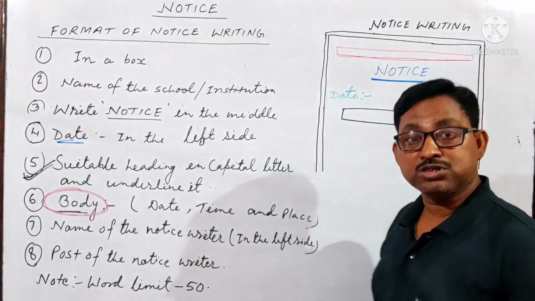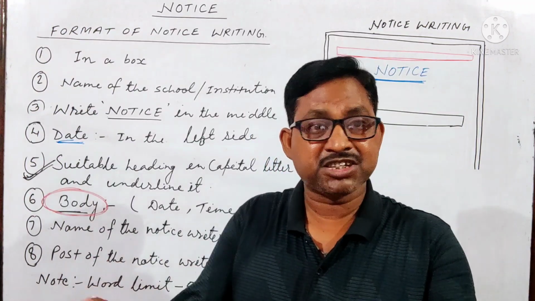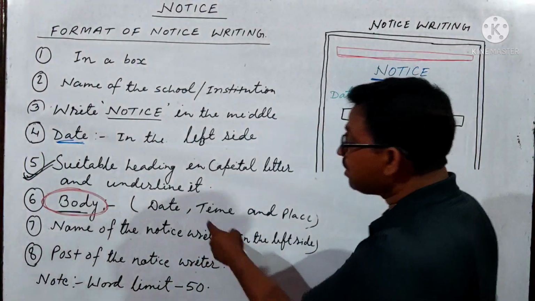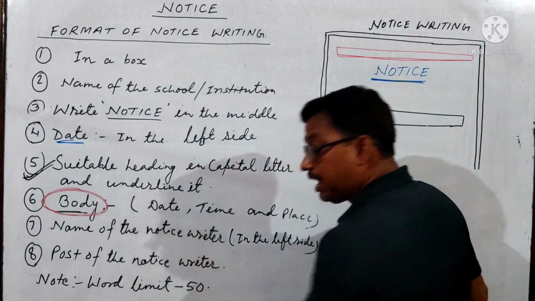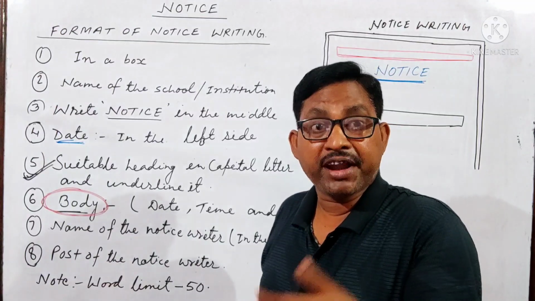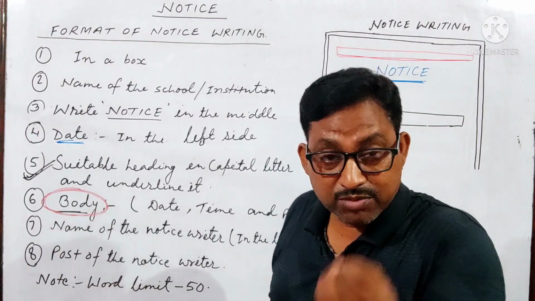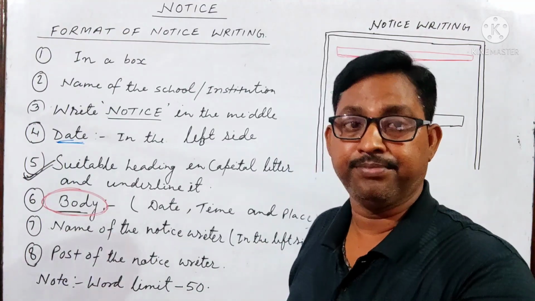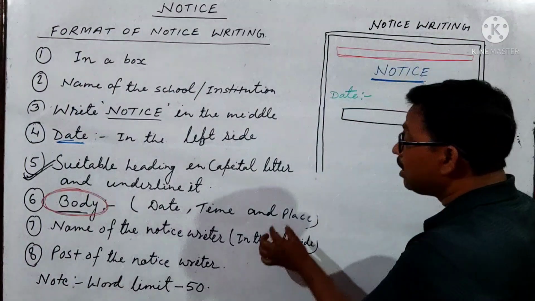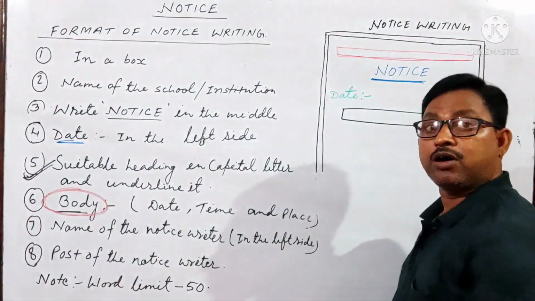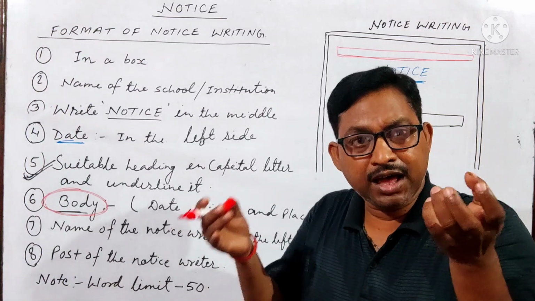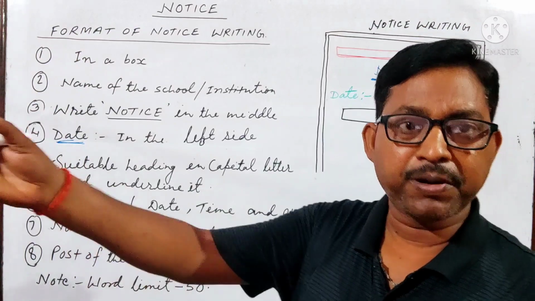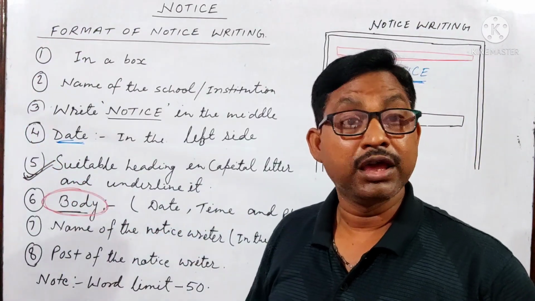After giving the date, suppose there is a cultural festival in your school. On which date will it be? After the date, what will be the inaugurating time? What will be the starting time? So you also have to write the time and place. Why place? Because if the cultural festival is taking place in your school and the place is not